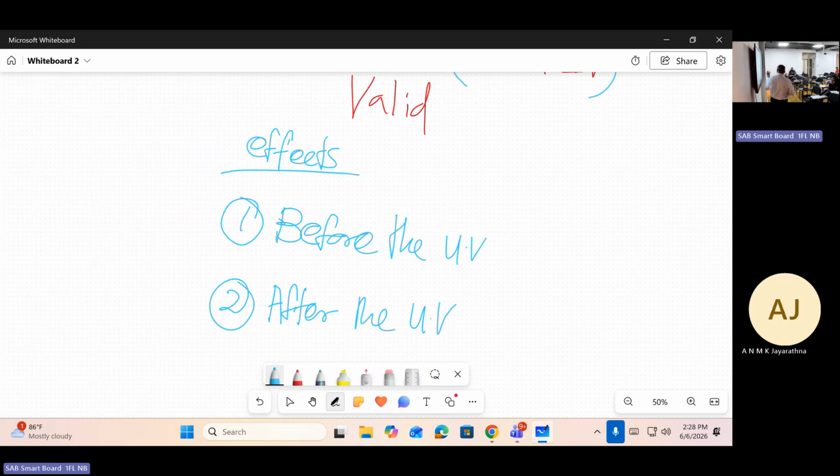We can consider the first one. Before engaging into an ultra vires transaction, that is, suppose the company is going to, it refers to the future. The company is going to engage into a transaction which is beyond the objects of the company. Suppose in my example, the object is manufacturing goods. Suppose the company is going to engage into a contract for manufacturing goods. Then any shareholder